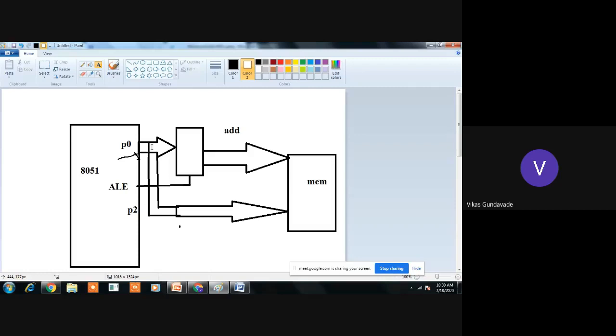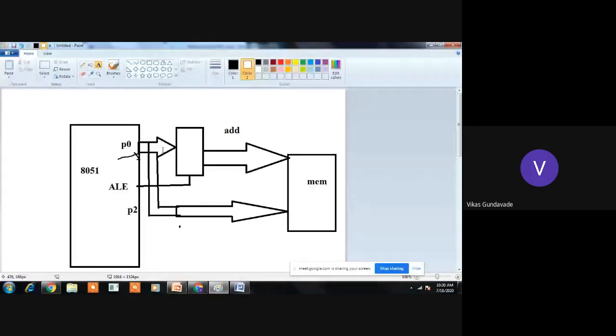Now when the microcontroller wants to write the data into the memory, first the microcontroller will transfer the address. When the ALE goes high, the address will get shifted to the output of the latch, and it will specify the address. After the address is latched towards the output side, the microcontroller will again send the data to this port pin. Are you getting it?